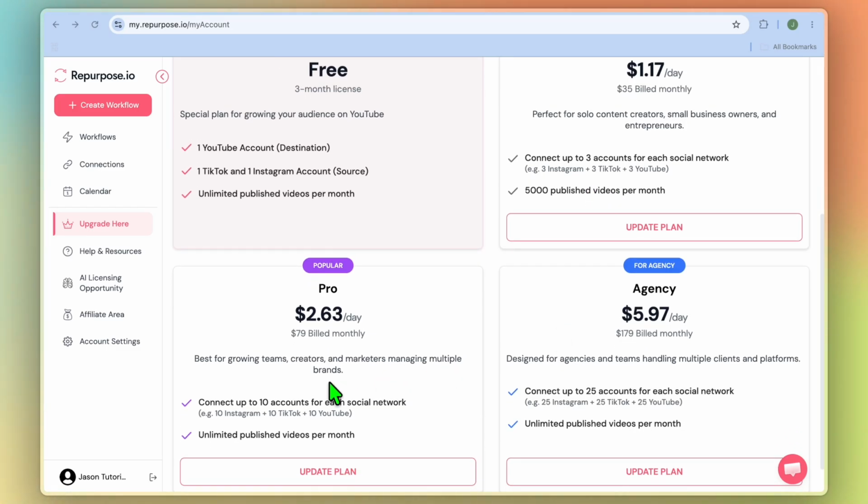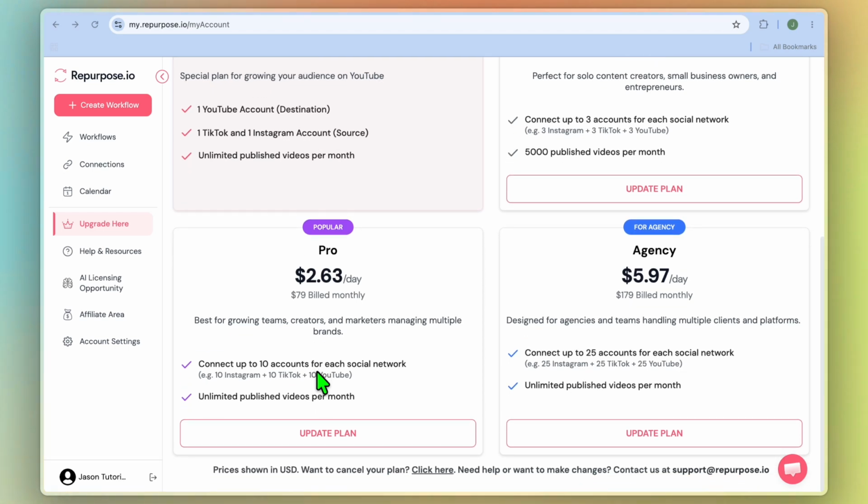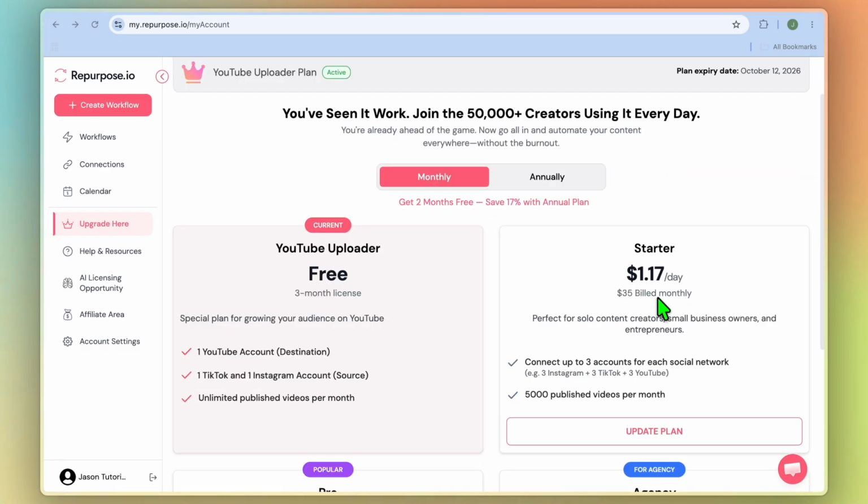Then you have the Pro option, which would cost $79 per month, and you'll be able to connect 10 accounts for each social network. Then you have the agency option, which would be $179 per month. It is designed for teams or agencies managing several brands and supports up to 25 accounts for each social network with unlimited publishing. For most solo entrepreneurs and small business owners, the starter plan should be enough. The pro or agency plans make more sense if you manage several